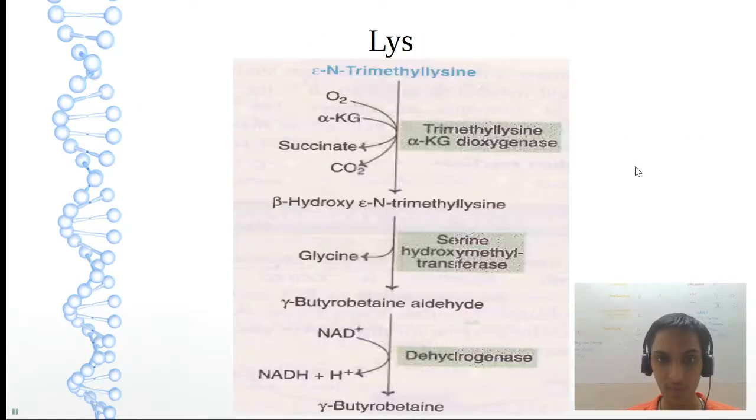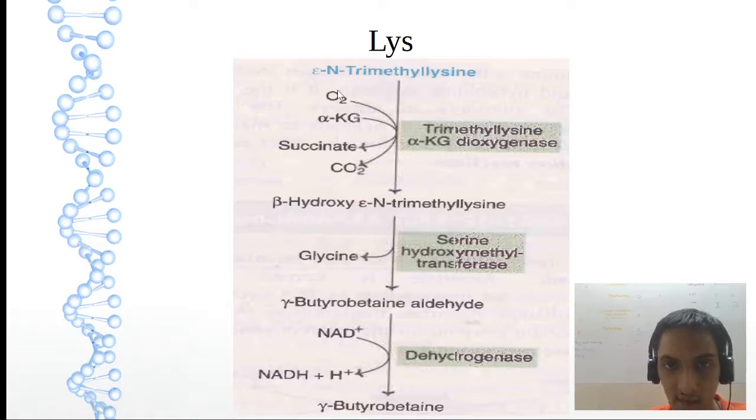Remember, let's see the lysine. In that, the synthesis of carnitine is the most important. So whenever the question on carnitine comes, I want you to write this synthesis of carnitine also, along with the carnitine shuttle, which is happening in the beta oxidation. Let us see the synthesis of carnitine.